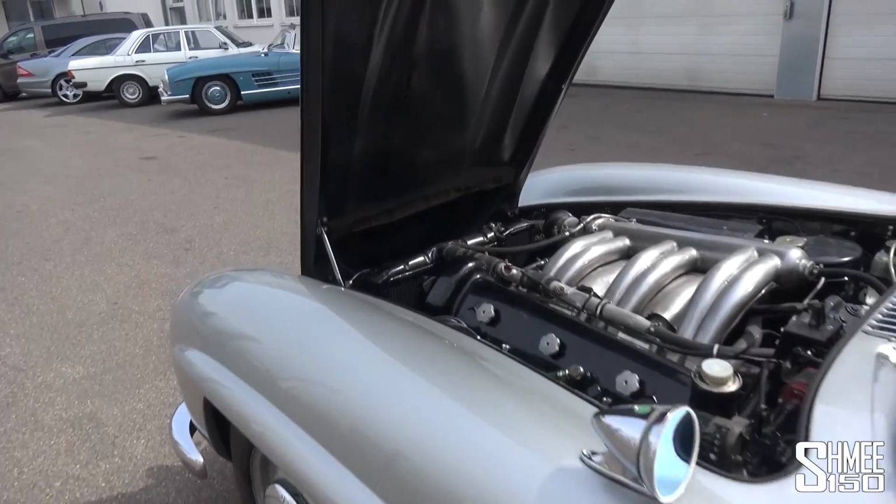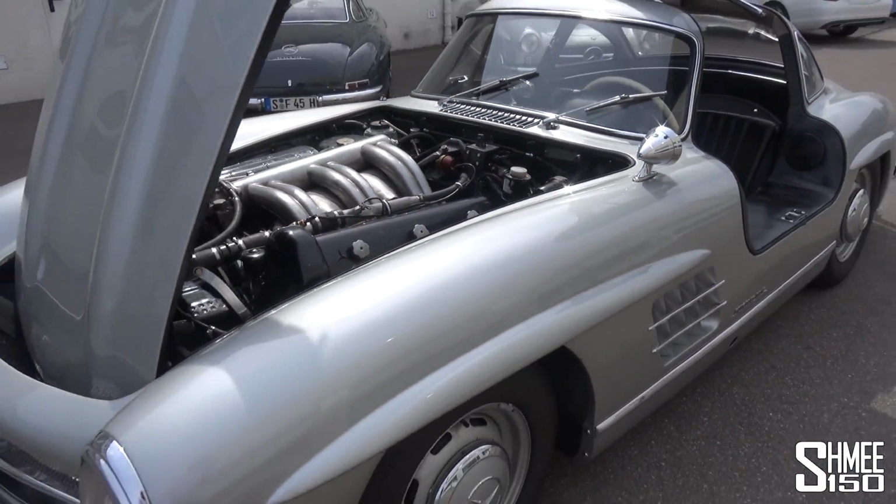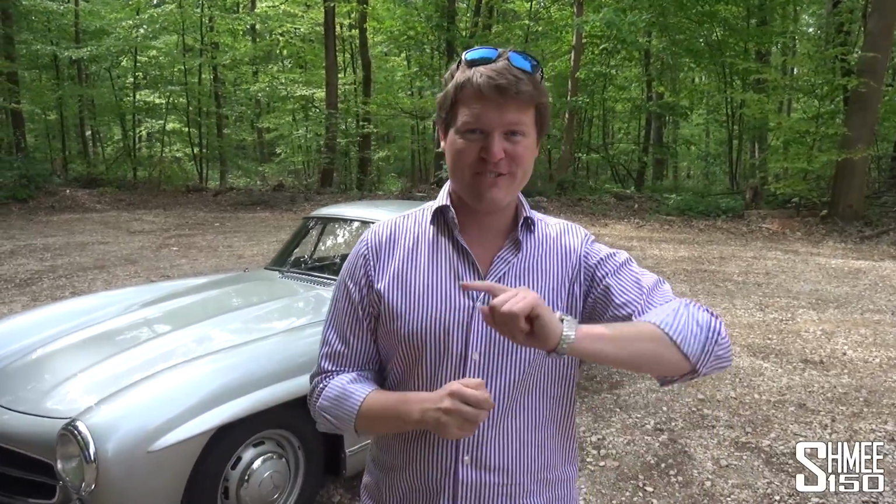Anyway, let's close this down. I need to go out for a little drive to learn the thing and then switch the cameras on and tell you what it's like. I've had a bit of an introduction to the car. There is a lot that is very different from the more modern things I'm used to driving, but let's jump in now and go for the first drive with the camera rolling, and believe me when I tell you now,